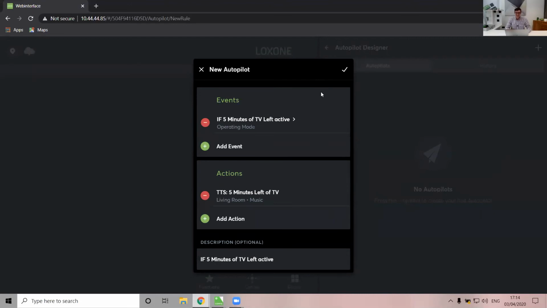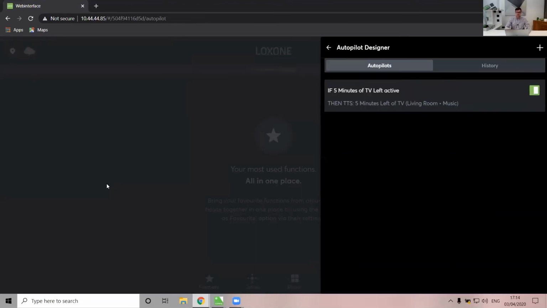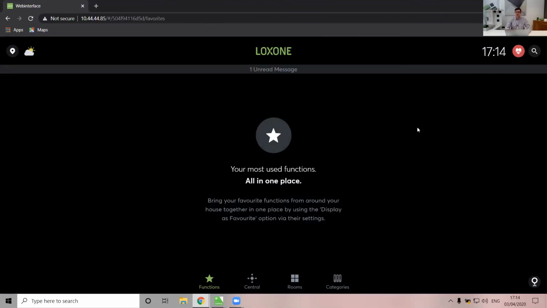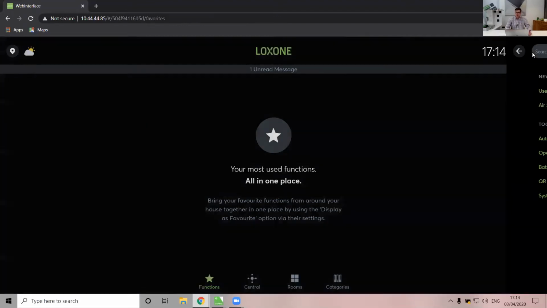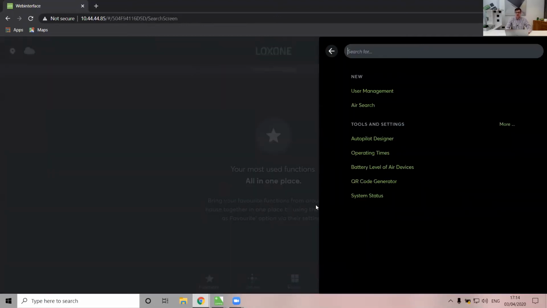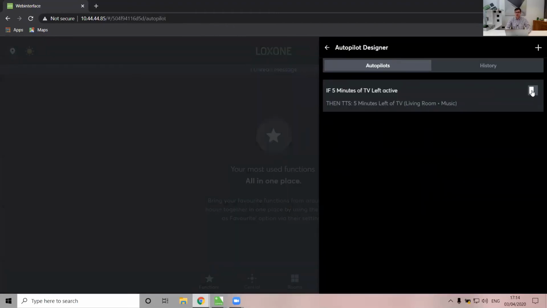There we go. So that is how I generally prefer text to speech, because then it's very, very easy to turn on or off, because at the weekends or on a bank holiday, they may get an additional amount of time. And so it's very easy then for the parents to turn that on or